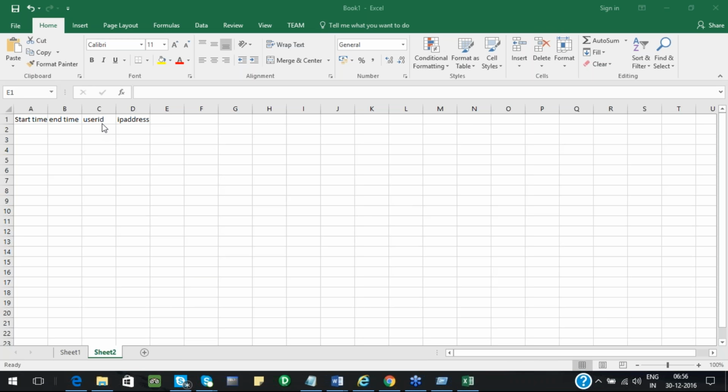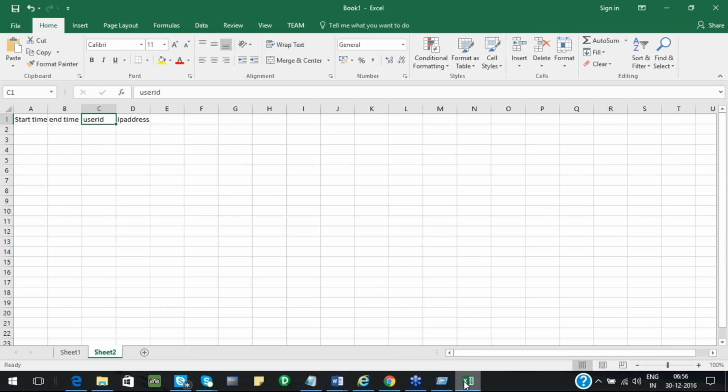So for others who are having a confusion, I know that many of you are getting confused. Now in user sheet 1, I have the login credentials. Now I want to see whenever a user logs in, what is the start time, end time, and the IP address from which he or she has logged in. So I'll just mention start time, end time, and IP address. But how will I know which user has logged in? So I should know his user ID, right? So that's the reason I'm giving user ID.